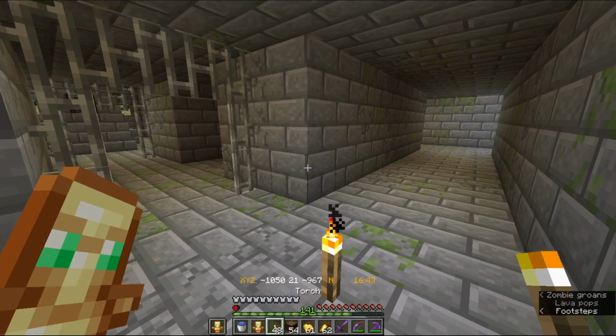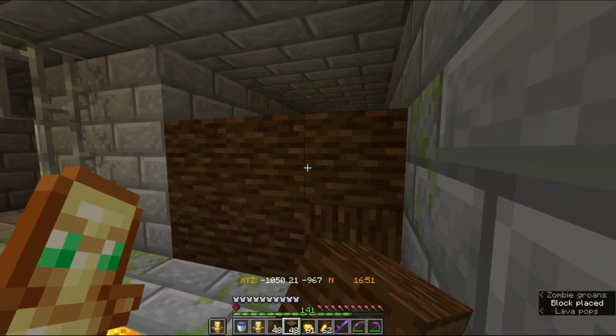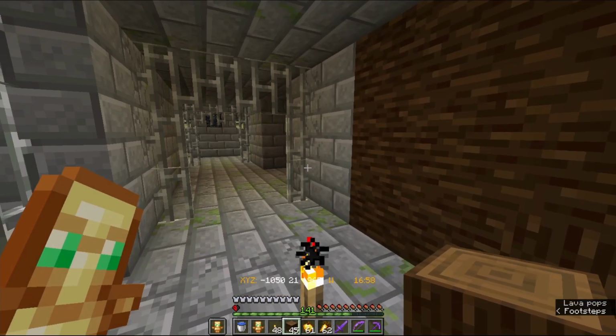You've got to be kidding me. All right, we got extremely lucky here, people. We've got our spawner right here. We're going to block this off. Now, this is the tough part. We've got to get close to that and break that before